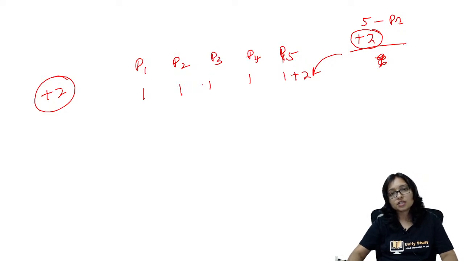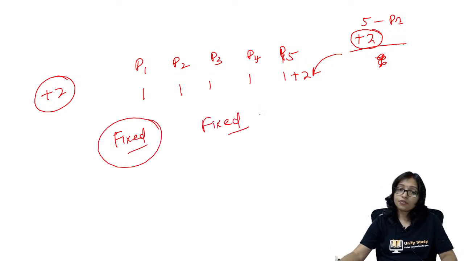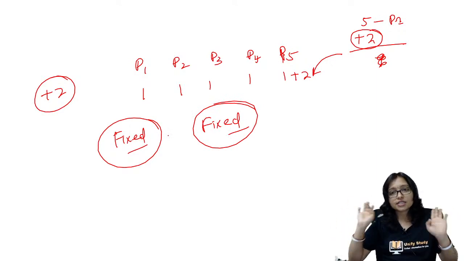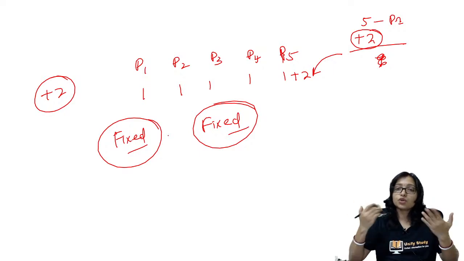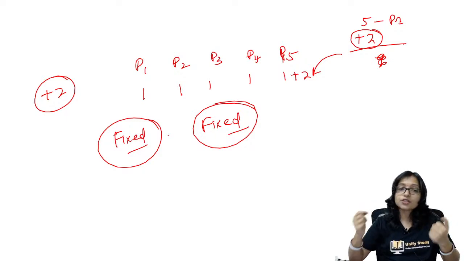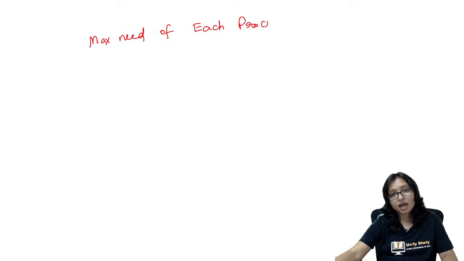That is also a situation. I can increase the resources also. But the problem is there, question will tell you there is fixed number of process and there is fixed number of resource. So you cannot change the number of process also, you cannot change the resource also. Now in this situation what to do? How to solve it? That is our target. So that's why always our target will be to see the maximum need